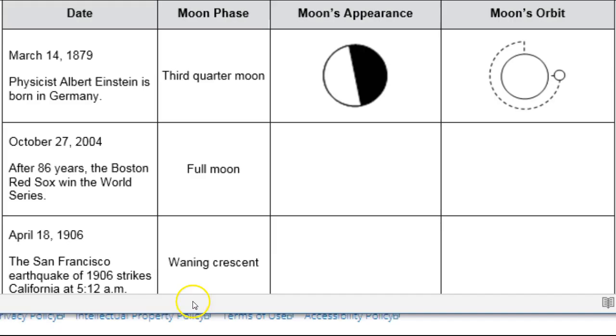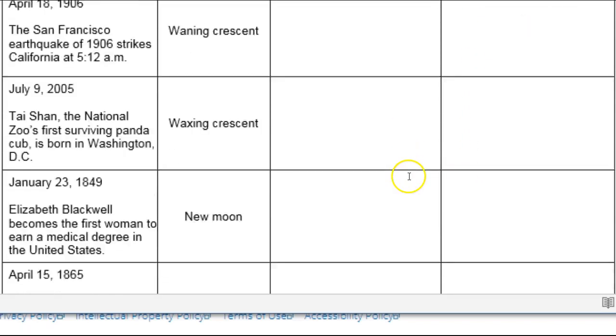Okay, so you will continue on drawing each phase of the moon and how far it has revolved around, starting with that new moon phase. Okay, so I would always start right here with the sun right here and show me how far around it goes. All right,